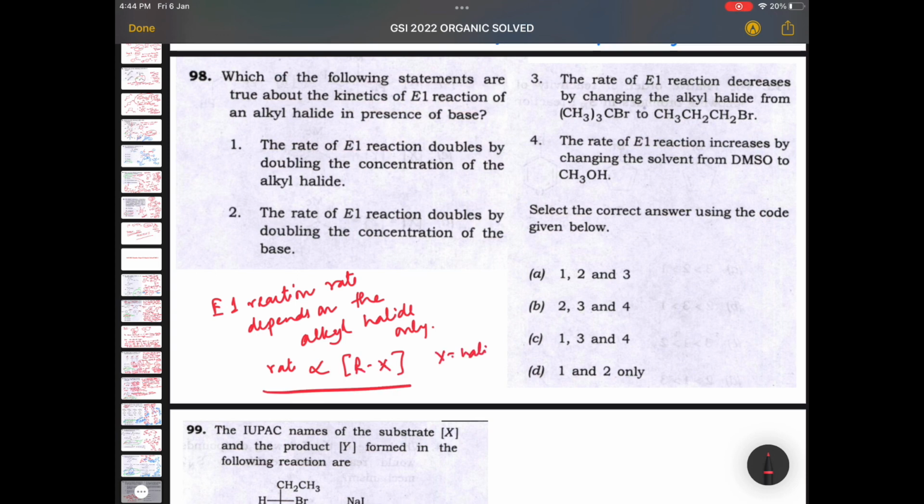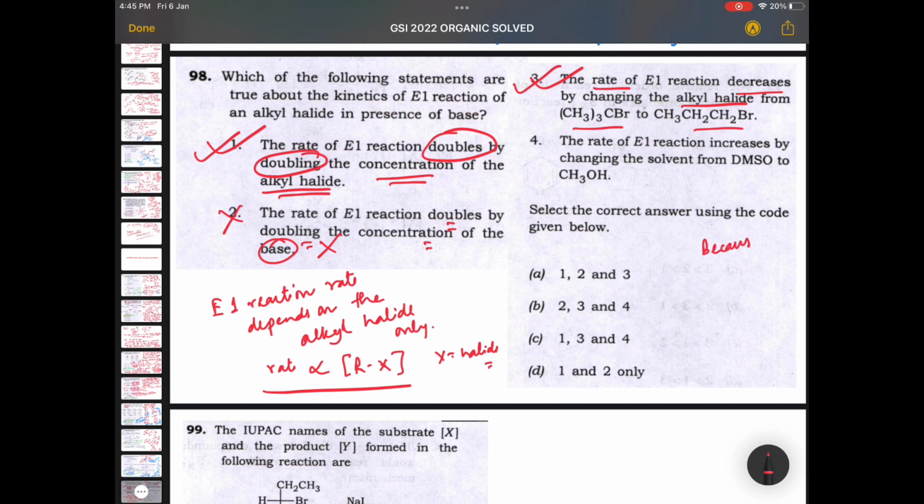So rate is only dependent on the alkyl halide. As you can see, the first statement is perfectly correct because of doubling the concentration of alkyl halide. Second statement, concentration of base: it doesn't depend on the concentration of base, so it is a wrong statement. The third statement is completely correct because the rate decreases by changing the alkyl halide from 3 degree to 1 degree, because